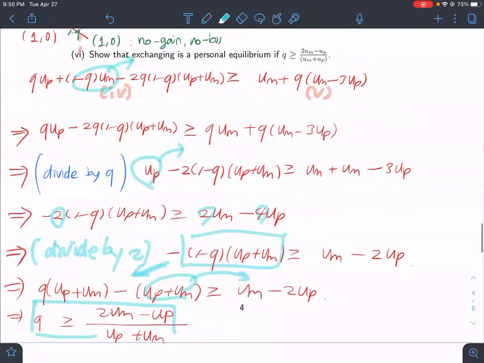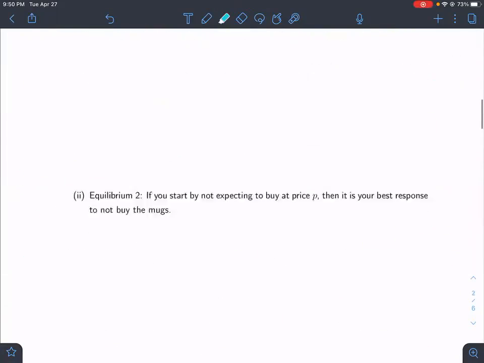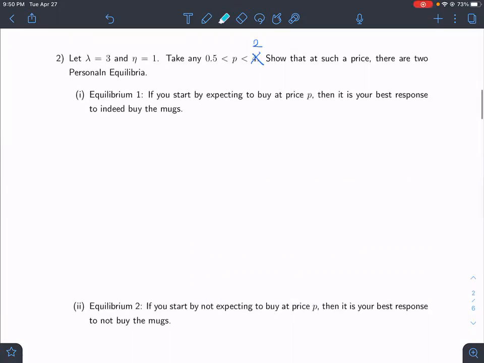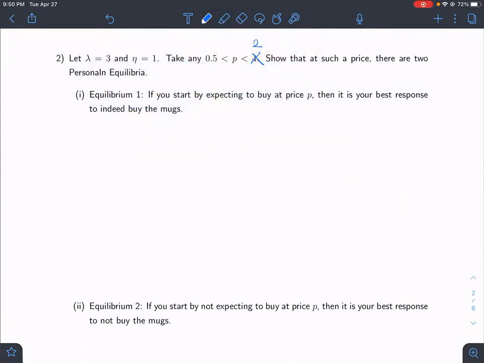So yeah, this is what I prepared for today. We have 10 minutes left. So yeah, maybe I can go over this question. Let me go over question 2 quickly. So in this question, based on what we learned in the class, you should be stating the reference dependent utility. So based on buying,